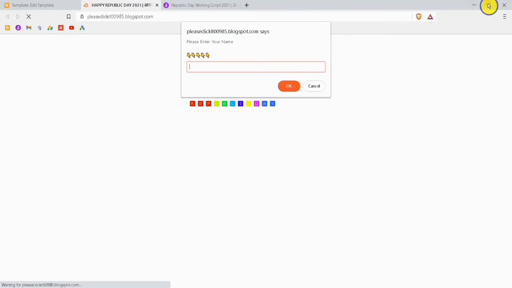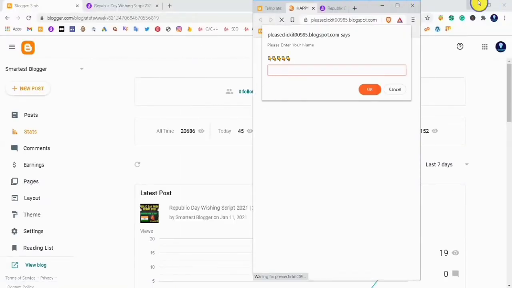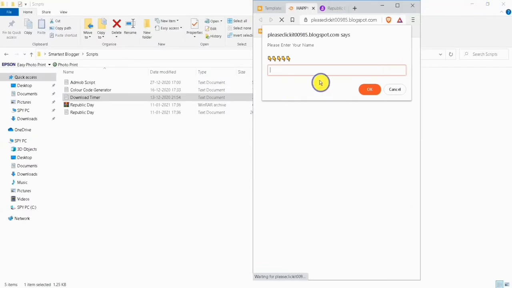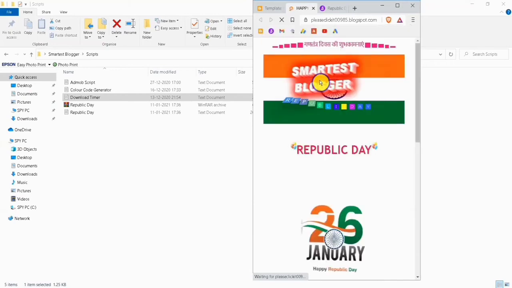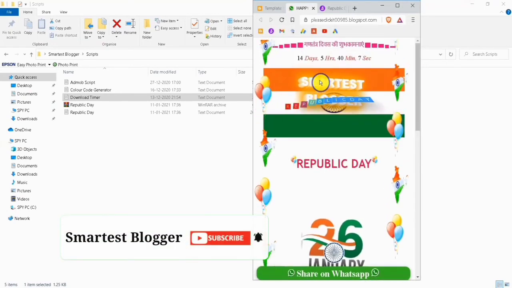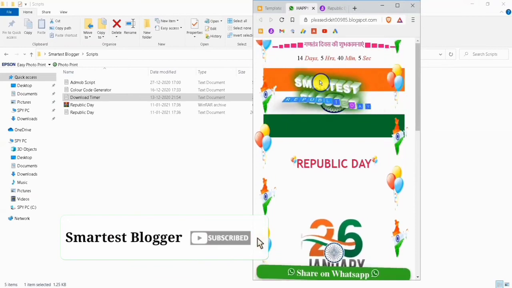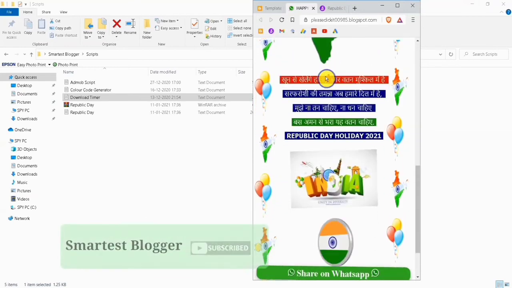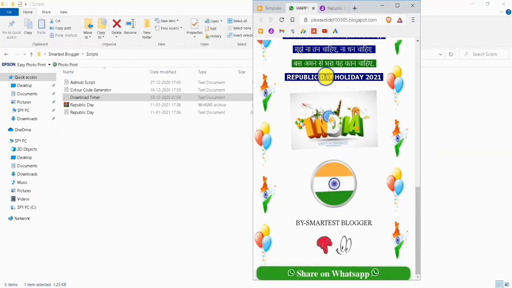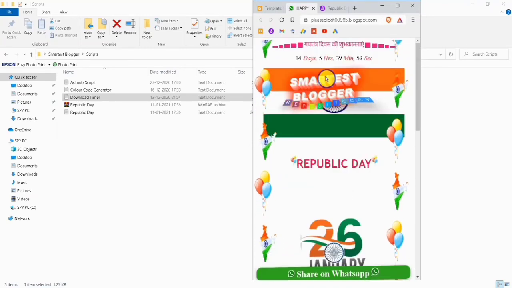Here I will type my name and you can see in mobile form how it looks. So here I will type Smartest Blogger and click on OK. So see, this is our wishing script. It is a very interesting script. It is very attractive for all users.